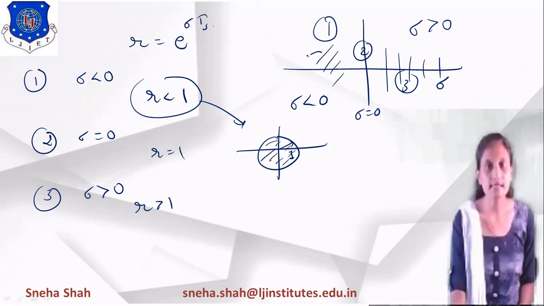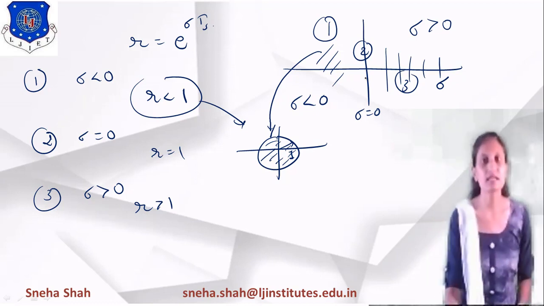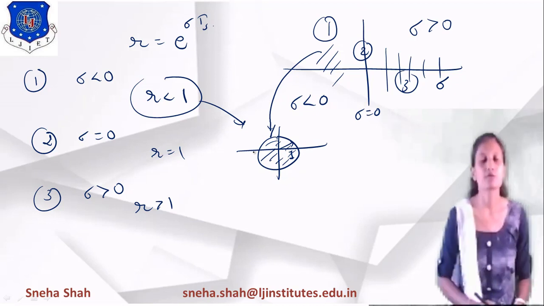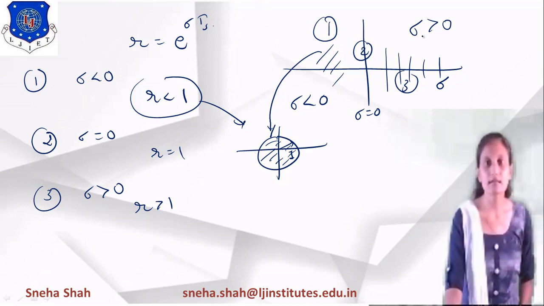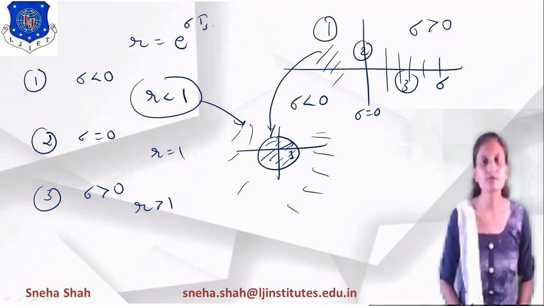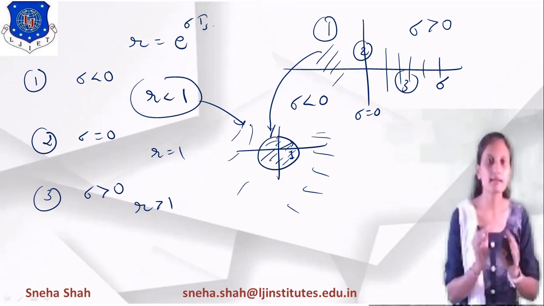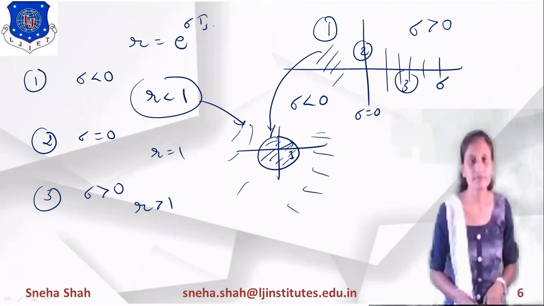So we can say that a stable analog filter design will convert into a stable digital filter, right? In the same way, the second case will be considered marginally stable, so it gives you a position on the border of the unit circle. It gives you the marginally stable state. In the same way, if we take sigma greater than 0, it gives you the outside of the unit circle, so it gives an unstable output, right? So this way we can convert a stable analog filter to a stable digital filter design.